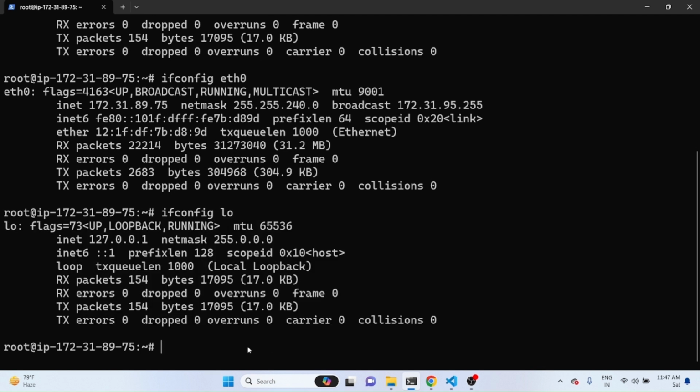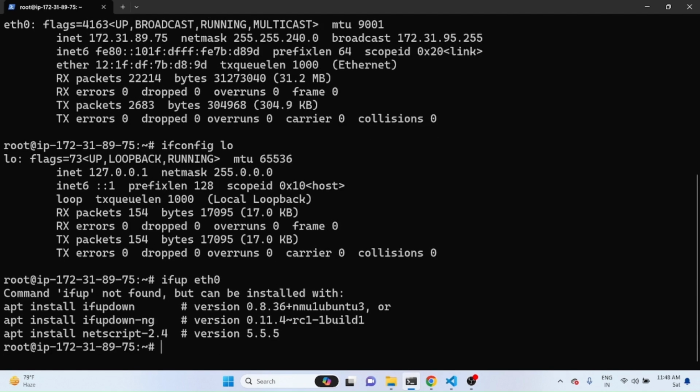Sometimes while troubleshooting the network, you have to bring the Ethernet card up or down. For that, you use ifup to bring up the Ethernet card. Just give your Ethernet card name here, whichever you want to bring up, and press enter. It will bring up your Ethernet card. If this tool is not installed, you have to install it. However, I had installed it with ifconfig, right? And ifdown